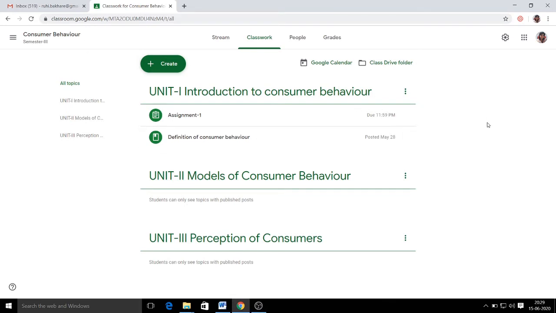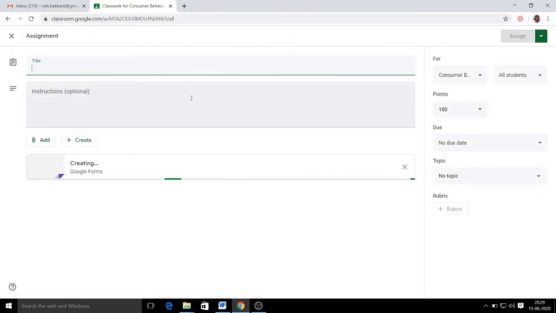Alright, so let's see how a quiz is created for the students. Then again you need to click on the create button. See, the create button is very important because it is one of the buttons which gives you a number of operations to be performed in Google Classroom. From this button only we have added material, we have added assignment, and now we are going to add a quiz for the classroom. Now if you observe closely, automatically a blank format has been created.